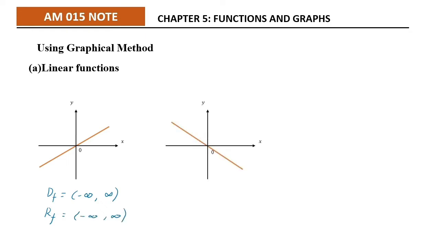up to infinity. Then second graph, linear graph, negative x. And then this graph, domain, look at the x-axis. The graph starts at negative infinity and goes through the x-axis to infinity, as the graph will always keep going. And then range, look at the y-axis. The graph will continue from below, meaning negative infinity, going up and won't stop at any point, meaning up